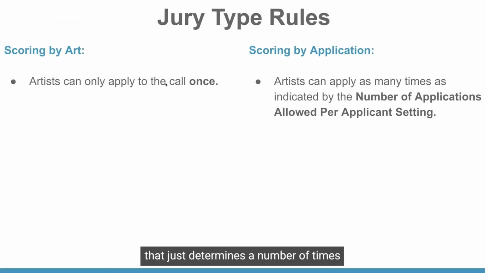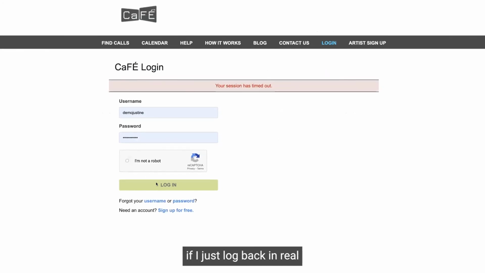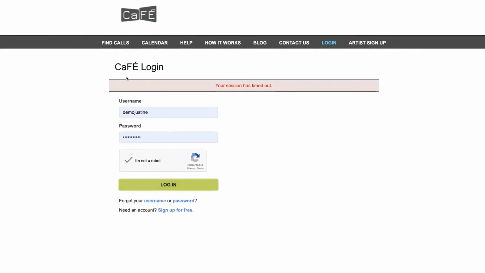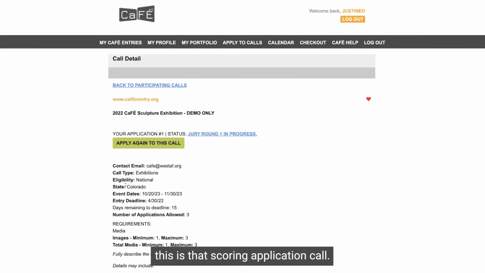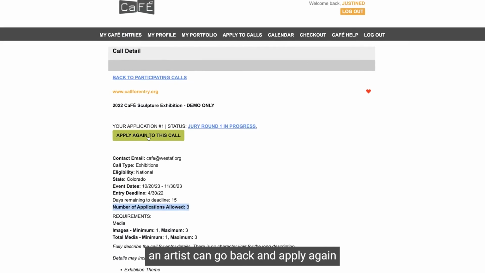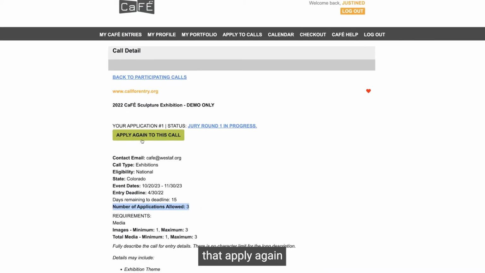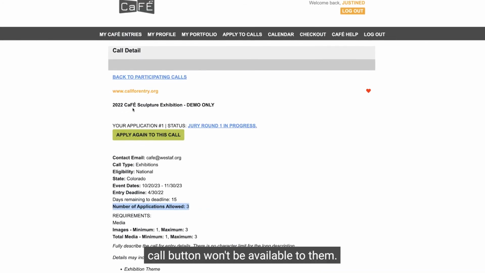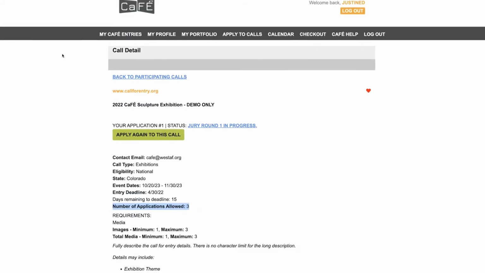And that just determines the number of times a specific artist account can go back and apply again to the call. As you can see, if I just log back in real quick to the artist side, this is that scoring by application call. We have number of applications allowed. It's 3 here. And as you can see, an artist can go back and apply again to the call once they've submitted 3 in this particular call, that apply again call button won't be available to them since they've